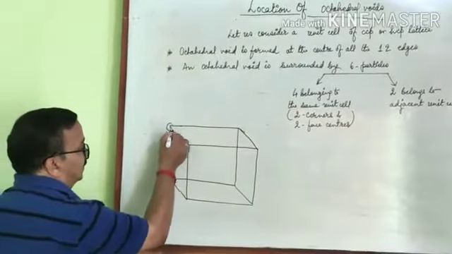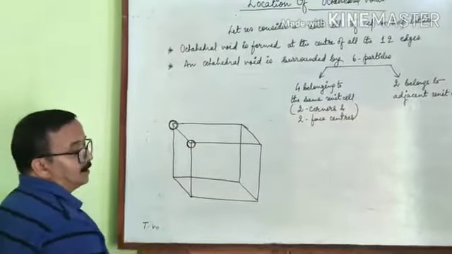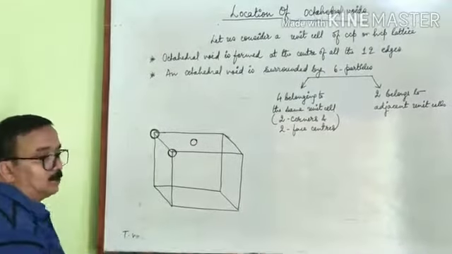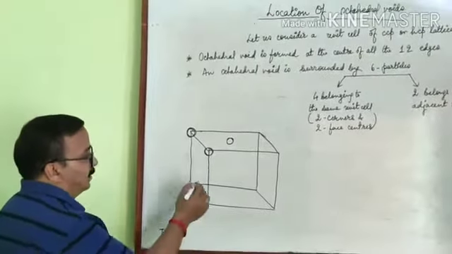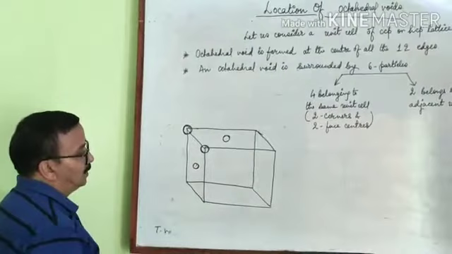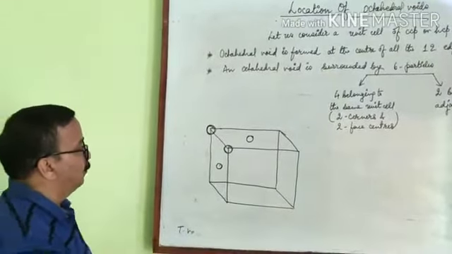So this is the first sphere, this is the second sphere, the third sphere is present at the center of the top face, and the fourth sphere is present at the center of the side face. Now if we join these four,